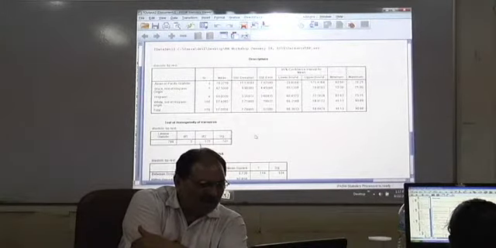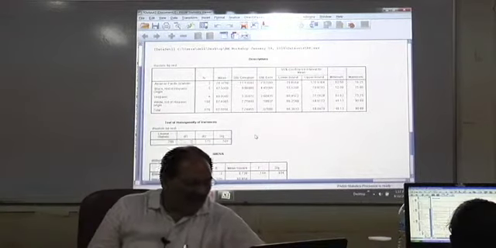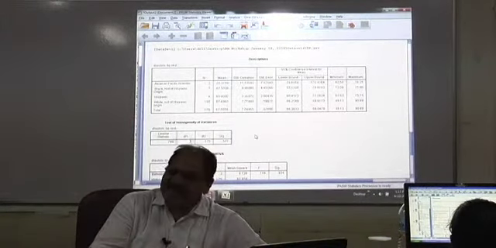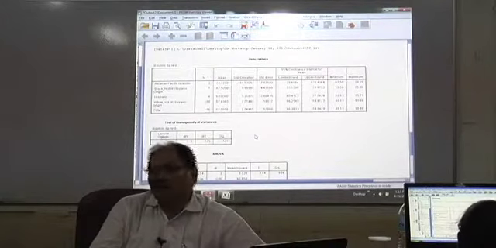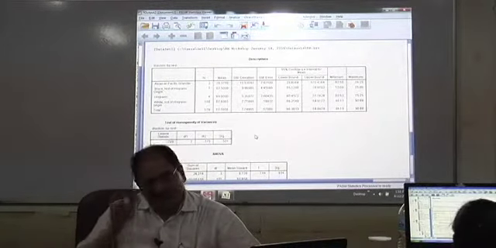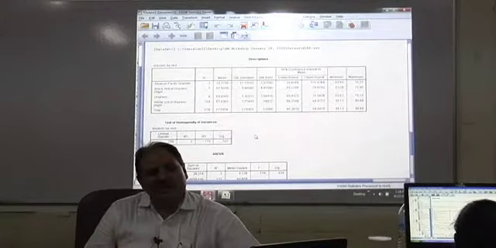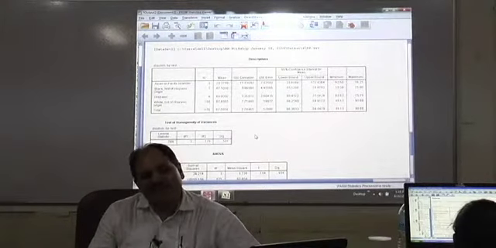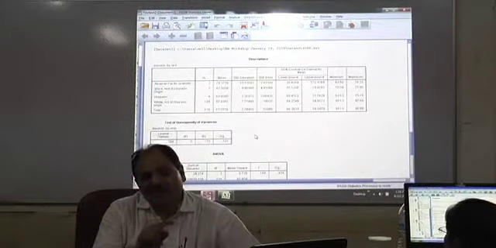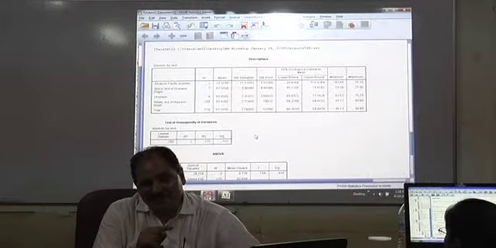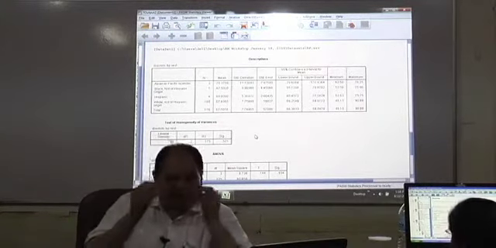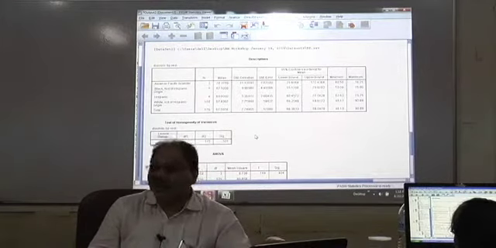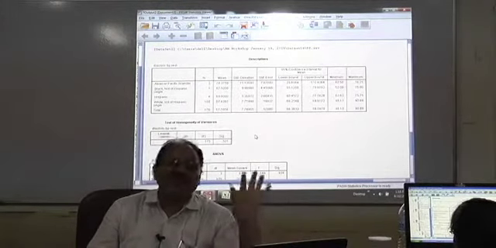Now look at the homogeneity. Okay? Homogeneity has been tested using Levene's test. The value of Levene's statistic, that is the F statistic, is 0.789 and it is significant at 0.501. That means it is not significant. And if it is not significant, our null hypothesis assuming equal variance across groups is not rejected. And we will never say accepted. It is not rejected. Okay? Not rejected. So it is not rejected. And if it is not rejected, that means our equal variance assumption is valid.